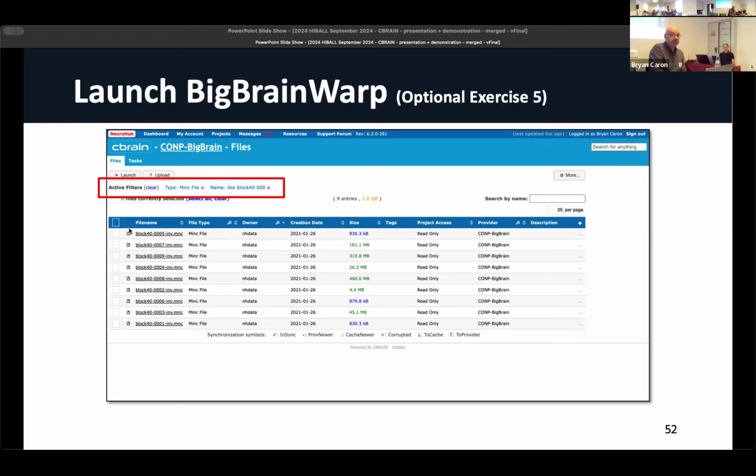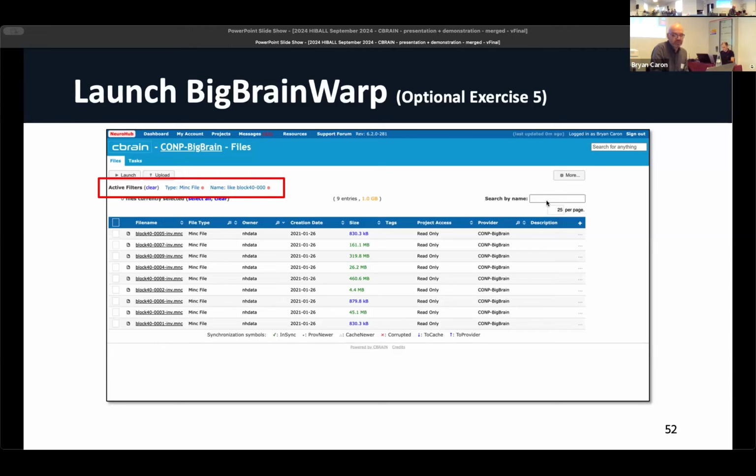You're going to create 2 filters. Again, you're going to go through the file type. In this case, we're going to work with only the Minc files. There's this particular interest, so you then select Minc files. There's 156 normally. And then you're going to say, well, I want to work with just a block of these files particularly. And in this case, again, you'll have to know what your data is, but here I'm selecting just a subset, which is identified by the string block 40-000.